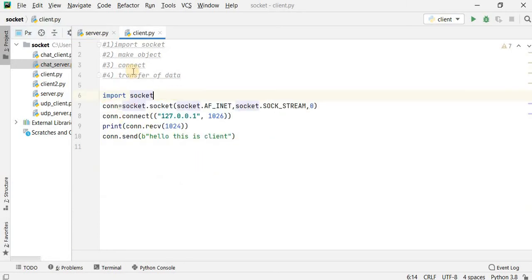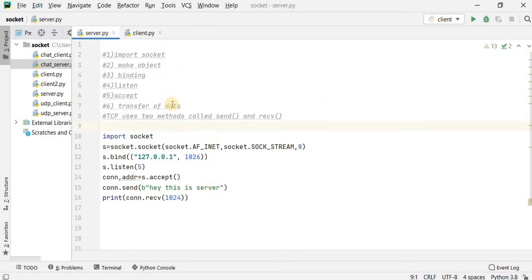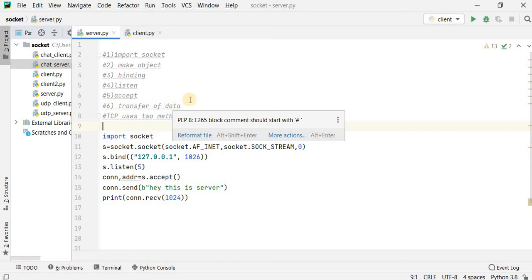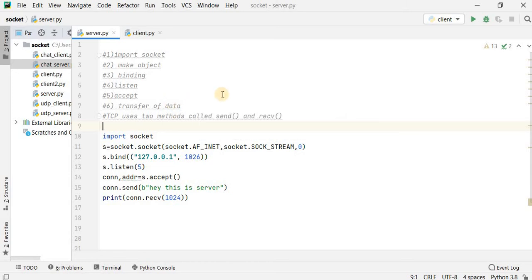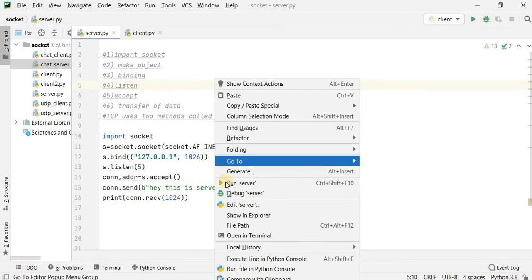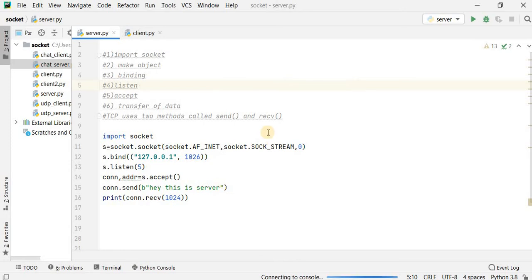So in order to run that, what is the procedure? There are two programs, server.py and client.py. First you have to start the server. Why? Because the client is connecting to the server. Server will not connect to the client. Server is not asking for the services from the client. Just like with Google services, Google is a server and we are the client. Every time I have to connect with the Google server, Google will not connect with me. So that's why the server will open first. Server should be working, so I have to start the server.